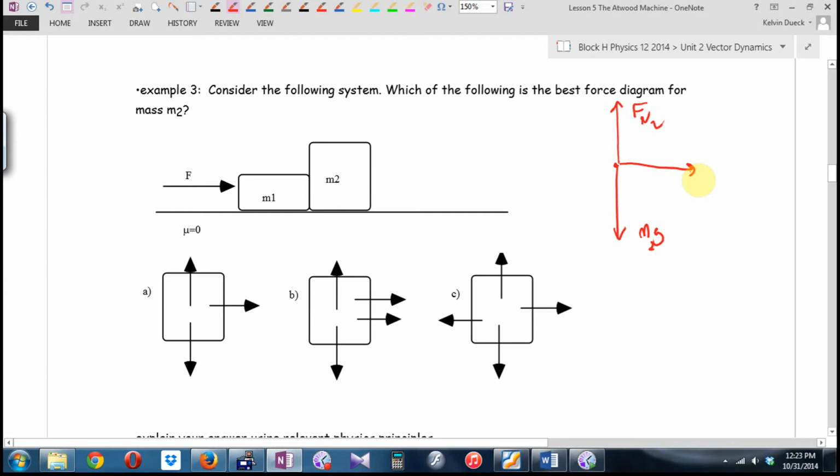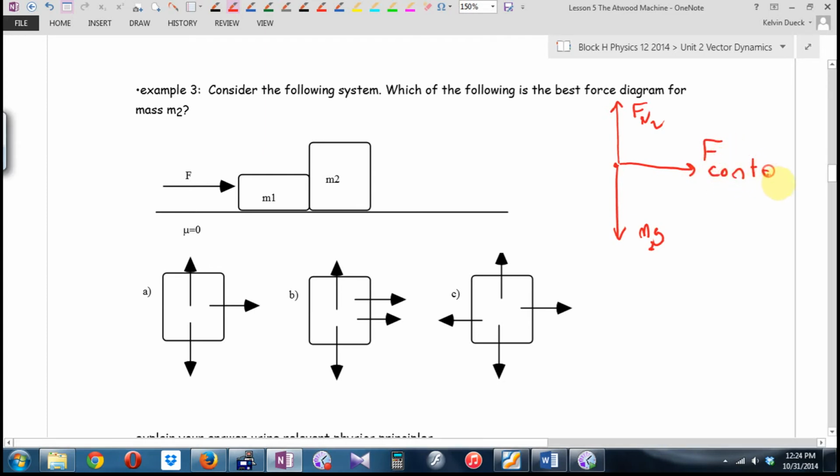It's not the applied force. And here's how I know: kids always guess applied, but the applied force is touching mass 1, not mass 2. Ah, so the push is not actually coming from the applied force, it's coming from mass 1. And I realize the reason mass 1 is pushing is because of the applied force, but we're looking at mass 2. You know what? Let's call that